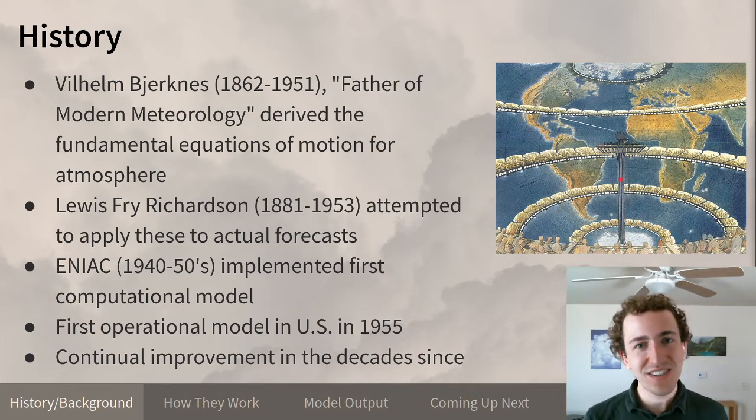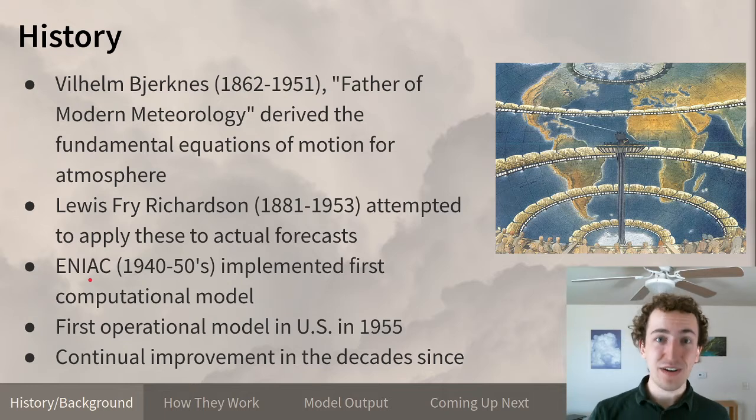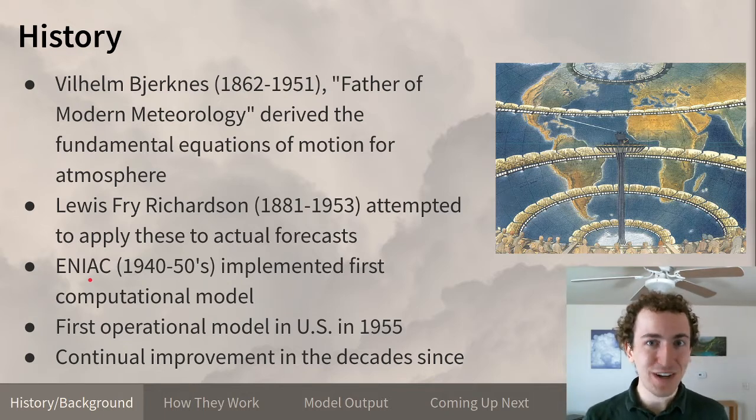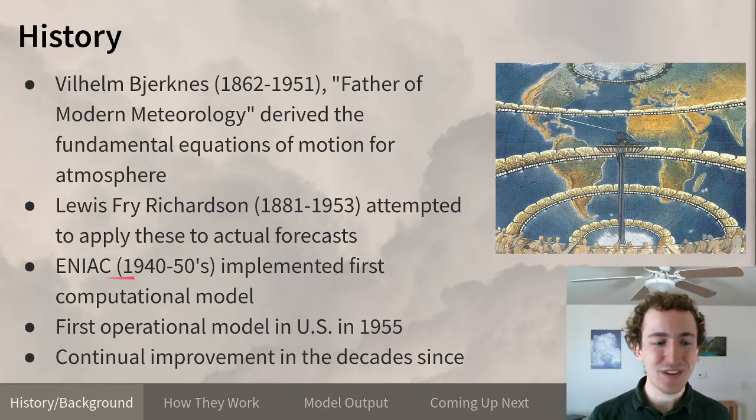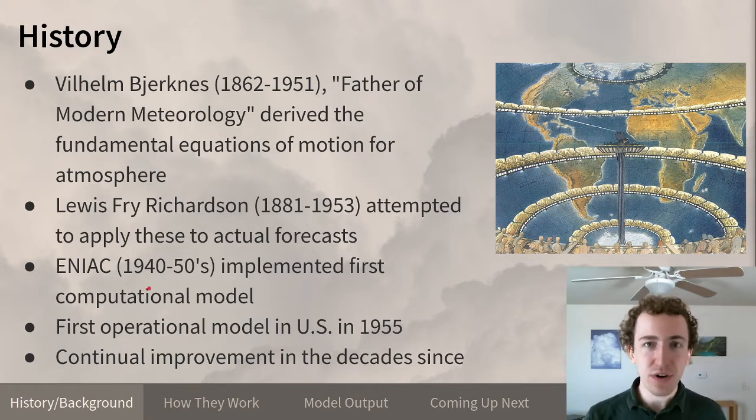Of course, that never happened because computers, as we know them today, were developed. Even the very first computers, one of the tasks that motivated them was weather modeling. So ENIAC, one of the very first computers that saw common use and had enough power to do this kind of thing in the 40s and 50s, implemented the first computational models. So instead of,